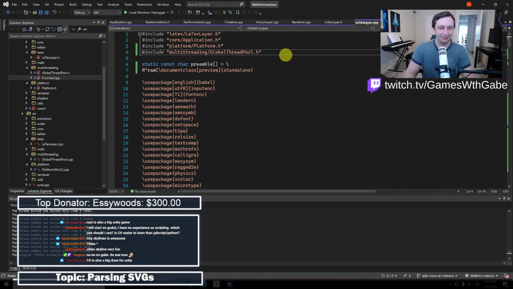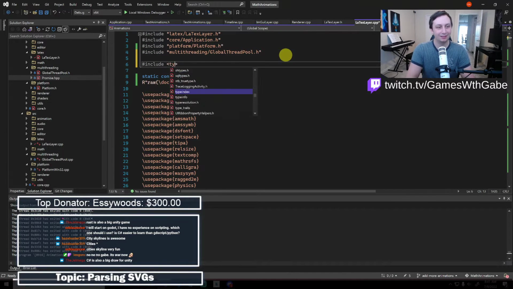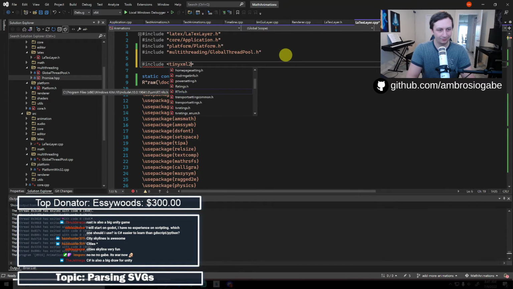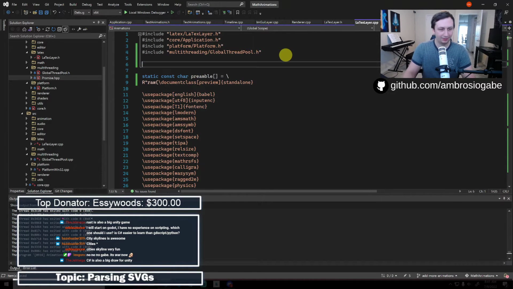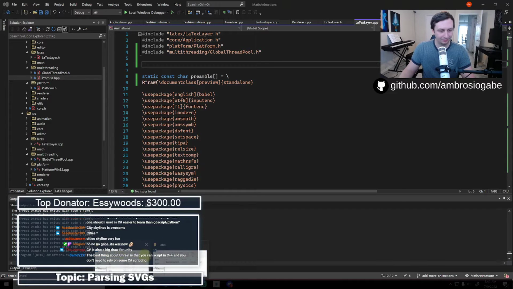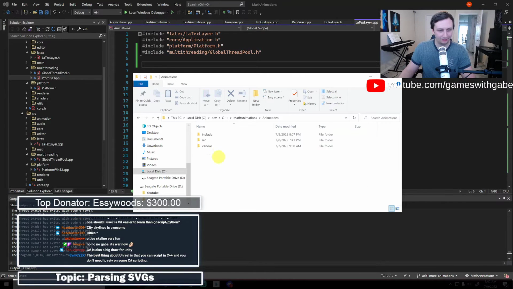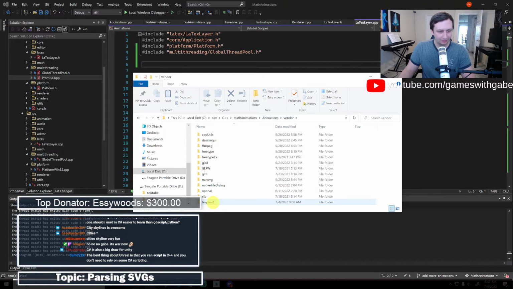We are parsing SVGs. So let's go ahead and include tiny XML, which I have. I thought I had. I hope I didn't get rid of it. Should have it inside of here. I think I just don't have the include directory. Tiny XML2.